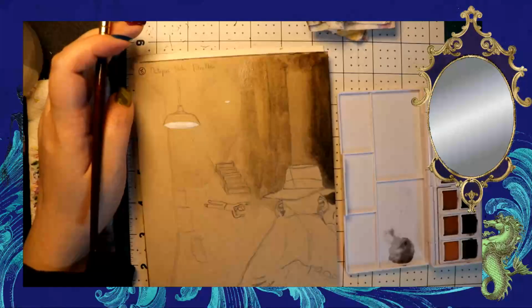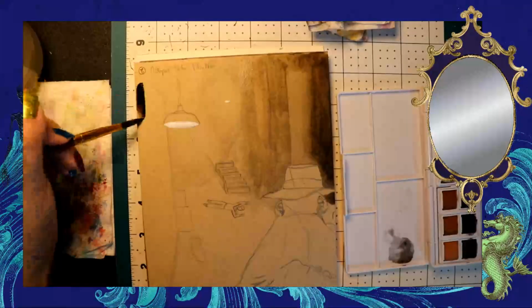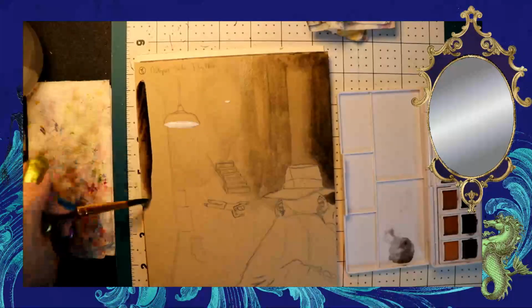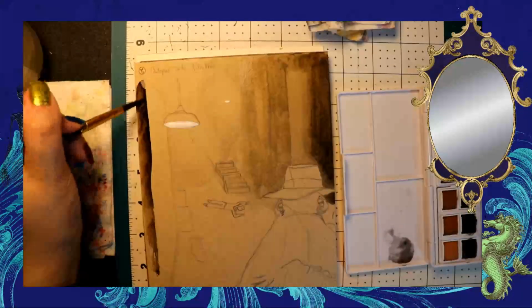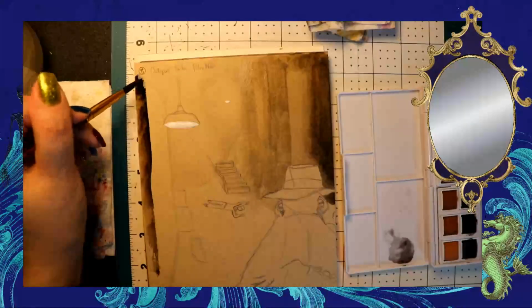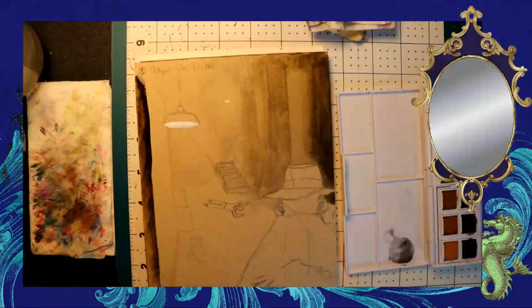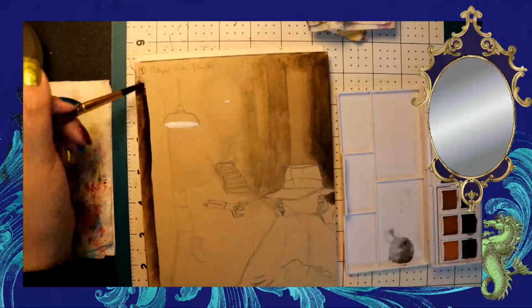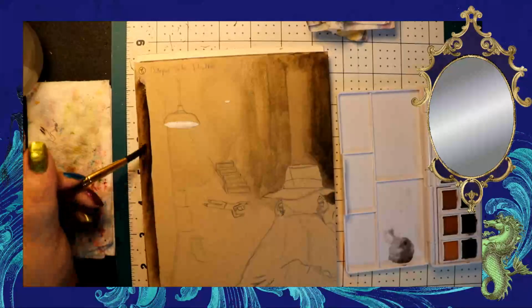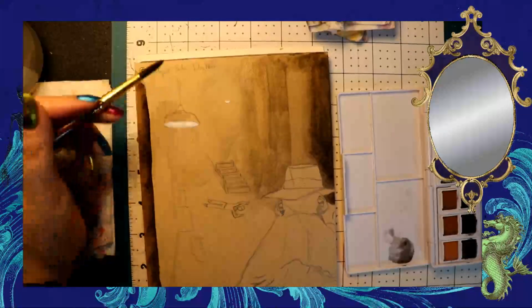I love the tone of this pad, but glue binding, man. Alright, so I'm grabbing a little bit of water. Mix that right in. I still barely had enough to finish this section. I know I didn't break out my ruler at all to straighten up some of my lines, so this might be a bit rough, but I also